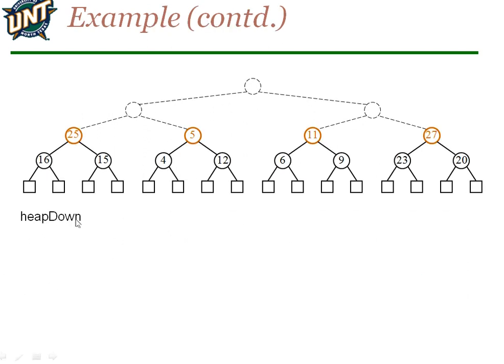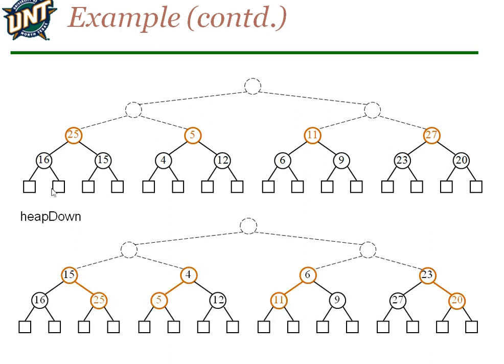Then we have here the down heap operation. Okay. So down heap will check the values of the parent node and their child nodes. If it violates the property of heap, then it will perform the operation to balance the values. So see here, now 25 is greater than 15, hence swapping will take place. So this is how the values will be swapped out. Looking at this, now 5 is again greater than this 4, so these values will be swapped out. Here 11 is greater than 6, again interchange of values will take place